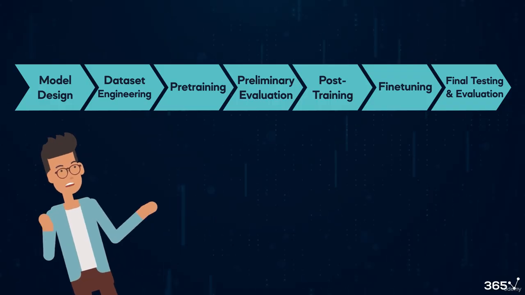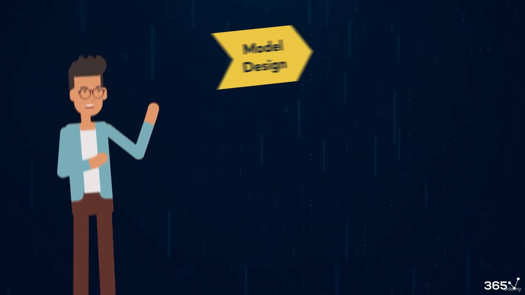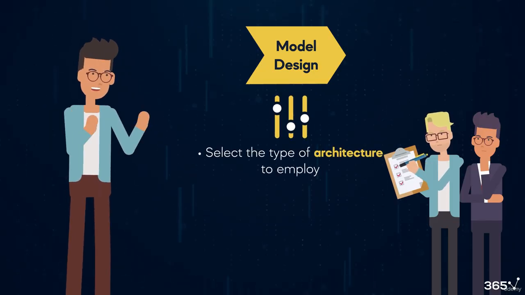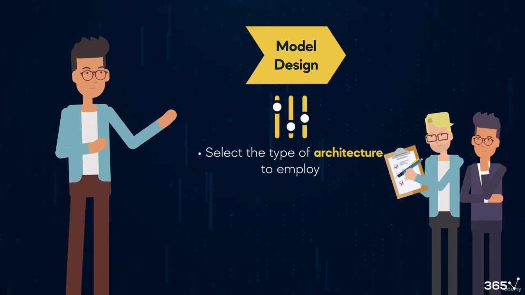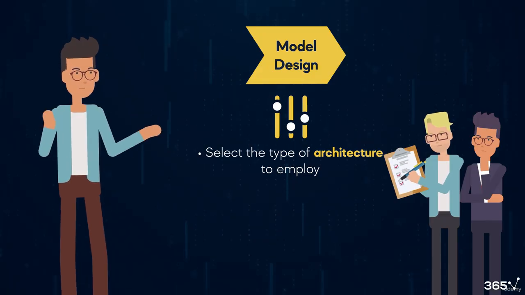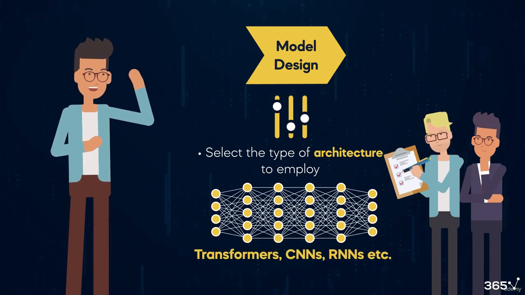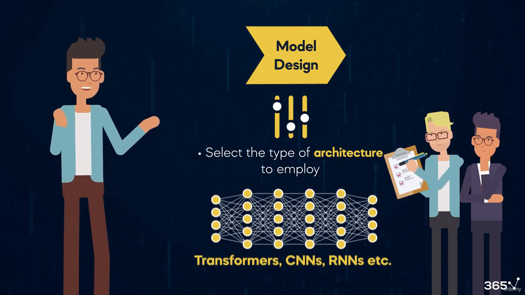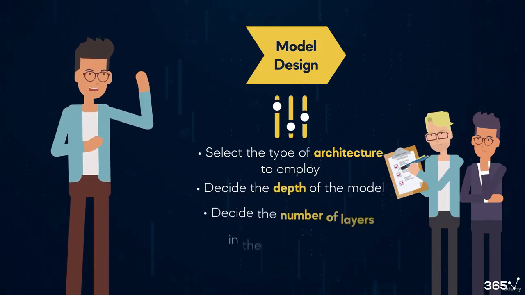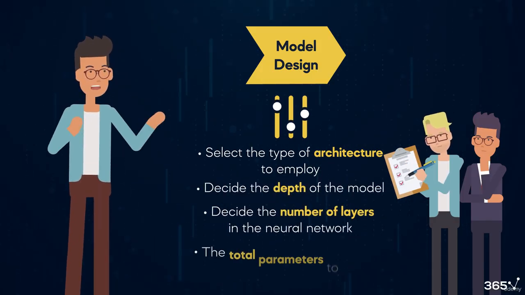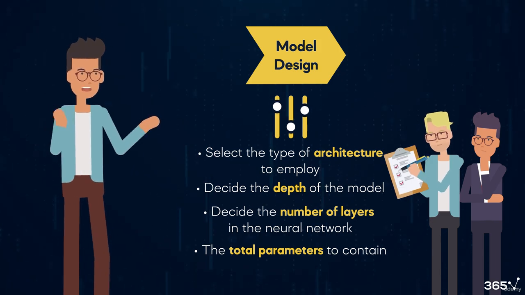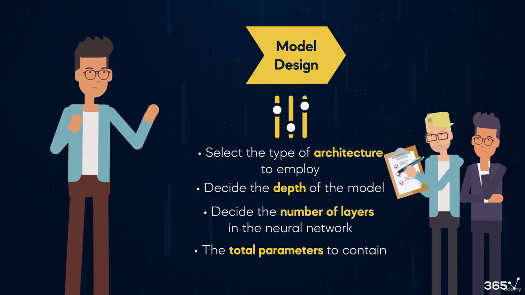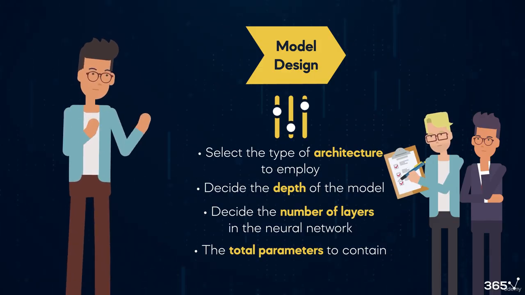The initial phase we discussed, model design, involves AI strategists and developers selecting the neural network architecture to employ. For example, they might choose transformers, CNNs, RNNs, etc. Additionally, they must decide on the model's depth, number of layers in the neural network, and the total parameters it will contain. The architecture choices at this stage will determine the scope of work and what the model can and